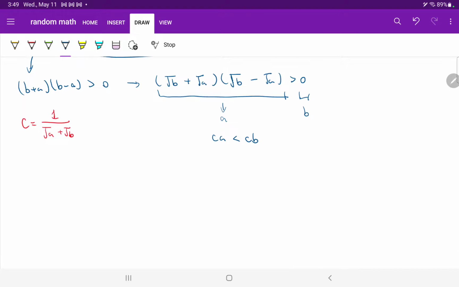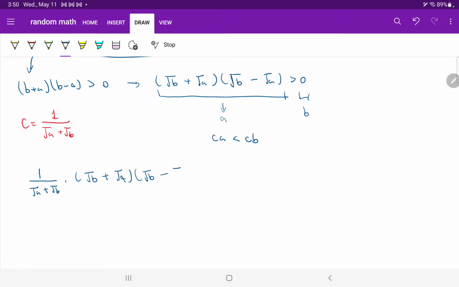In this case, what is ca? Well, let's write it down. ca is 1 over square root of a plus square root of b, times square root of b plus square root of a